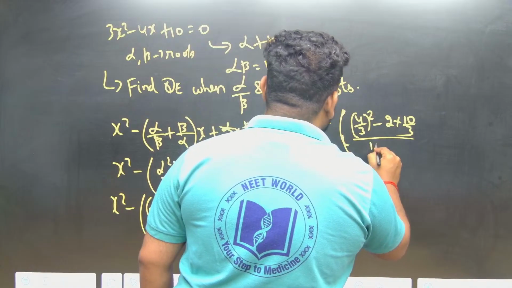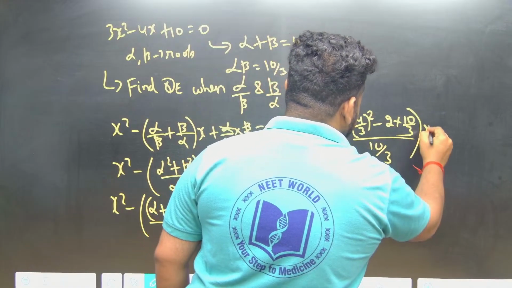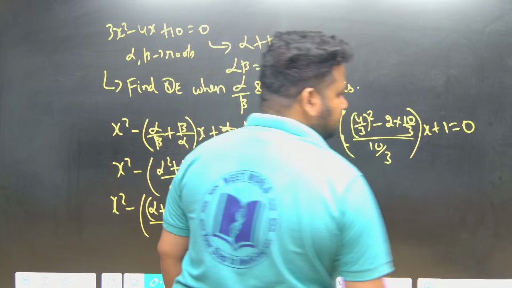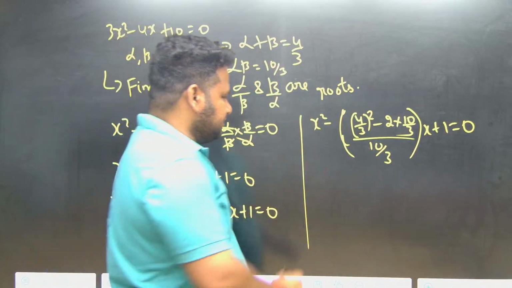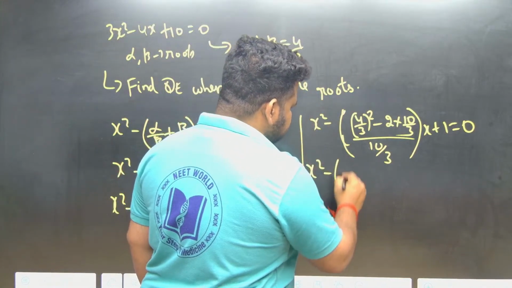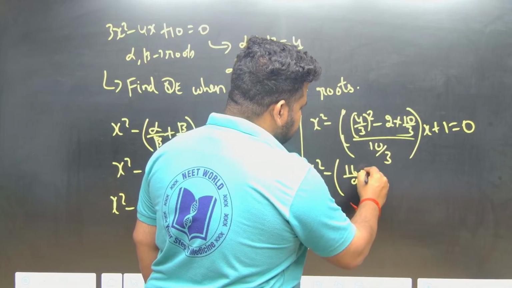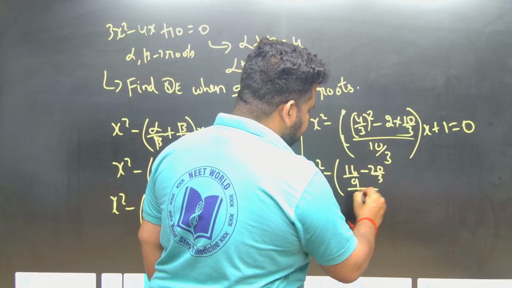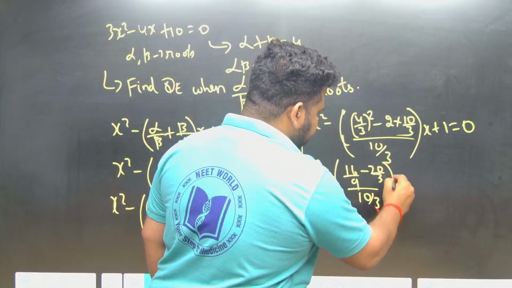So that will be what? 10 by 3 into x plus 1 is equal to 0. This is what I am having. Now we have to just simplify this. x square minus 16 by 9 minus 20 by 3 divided by 10 by 3 into x plus 1 is